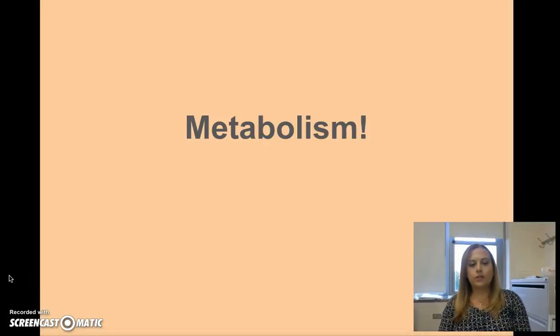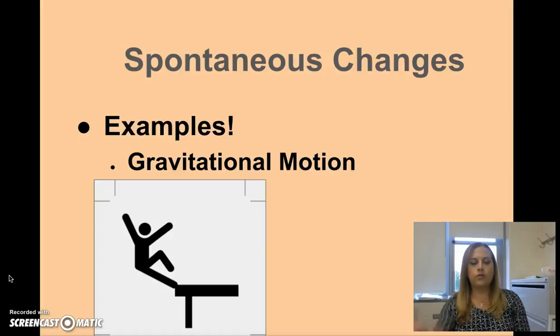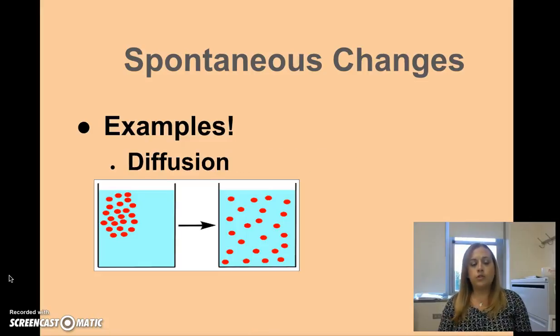Hey everybody, we're going to continue on talking about metabolism today, and we're going to do a quick review. Last time we talked a little bit about spontaneous changes and how they can lower the free energy of a system. So I just want to give you some examples of a spontaneous change. The first example would be gravitational motion. So if you're up somewhere high and you fall,